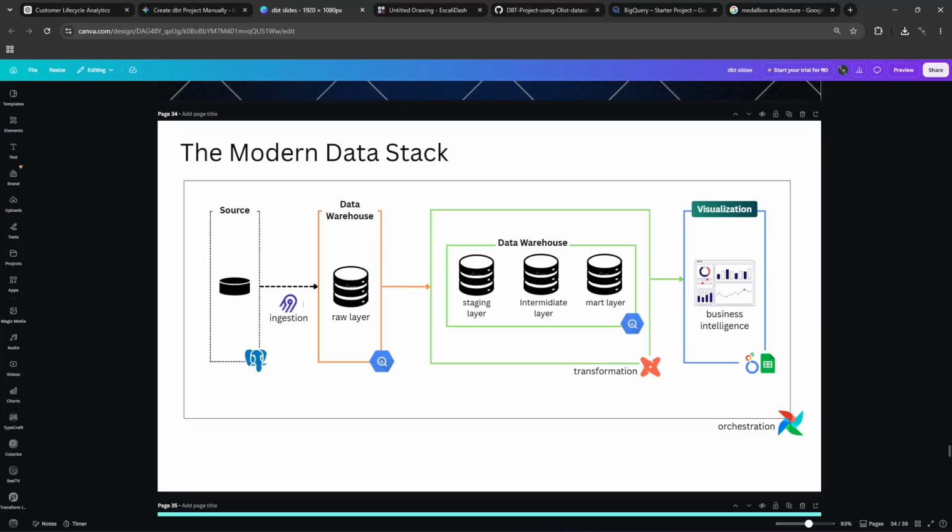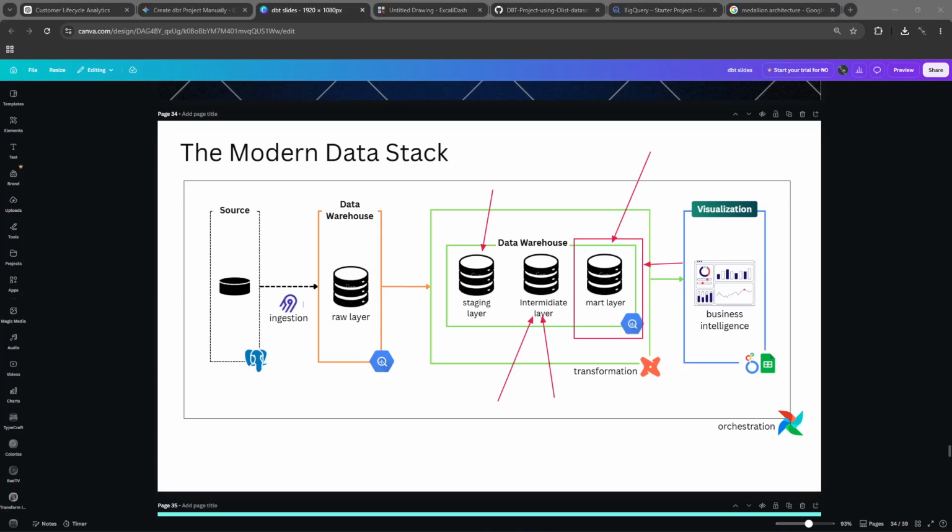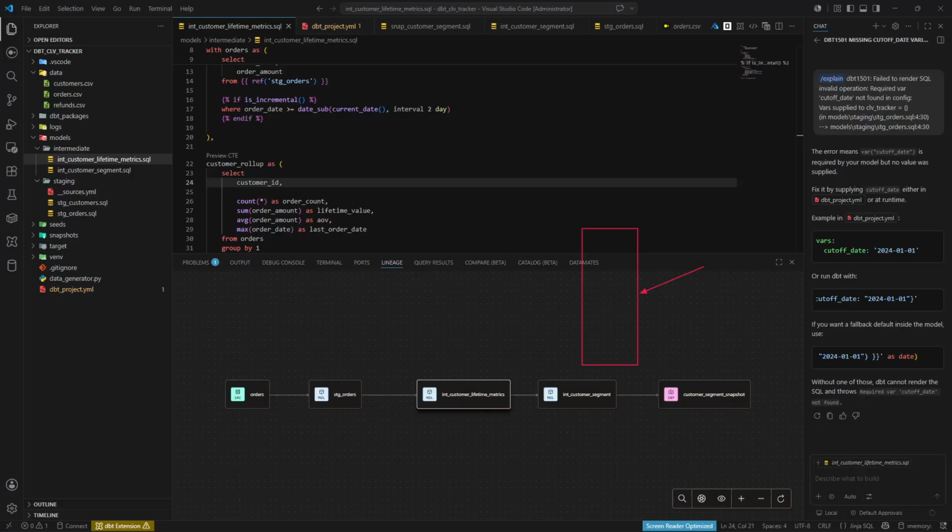So now that we are done with our intermediate layer, the last is the mart, right? Like I said, the mart is the very one that you expose to the end users for them to make use of. So the mart is where you start to write out your final business logic that you want them to use, or your final business metrics and business KPIs, or even the entire table. So in this case, you can see,